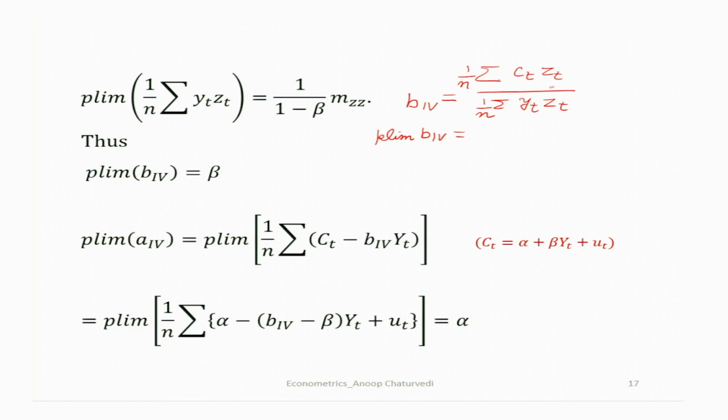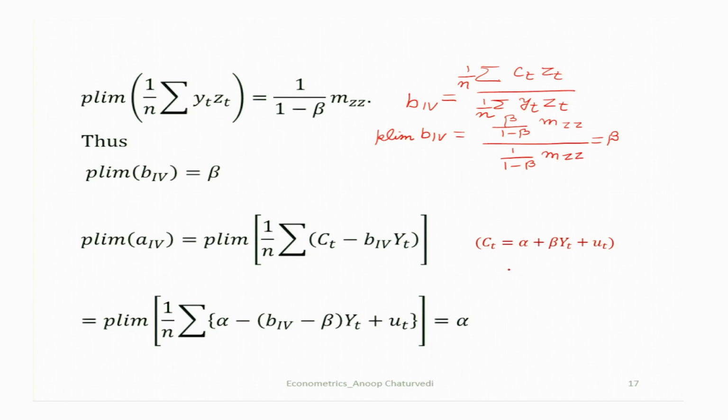So, the probability limit of this numerator is beta upon 1 minus beta m_ZZ, and the probability limit of this denominator is 1 upon 1 minus beta m_ZZ. So, finally, you obtain beta. So, the probability limit of B_IV is equal to beta, and then the probability limit of A_IV is equal to